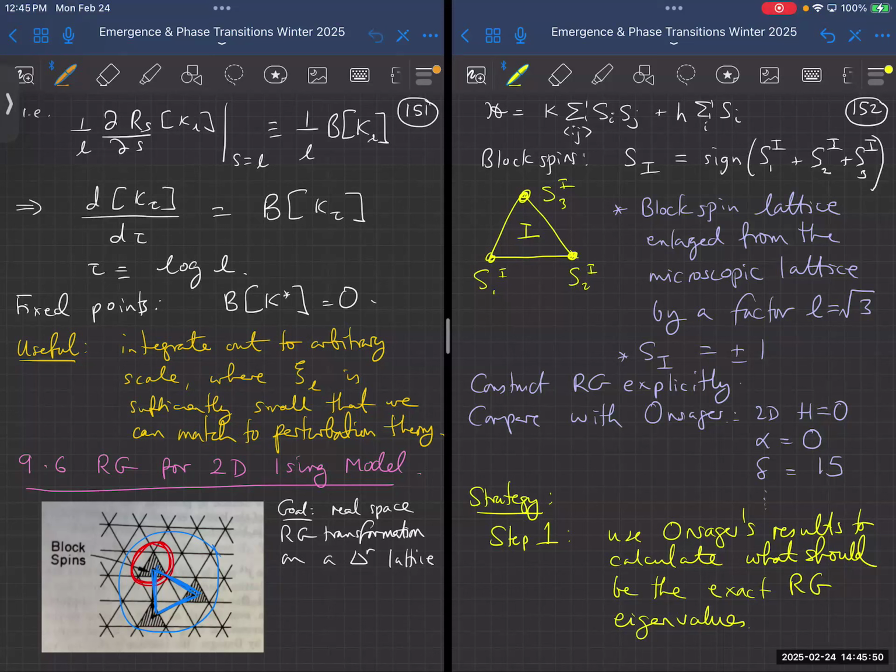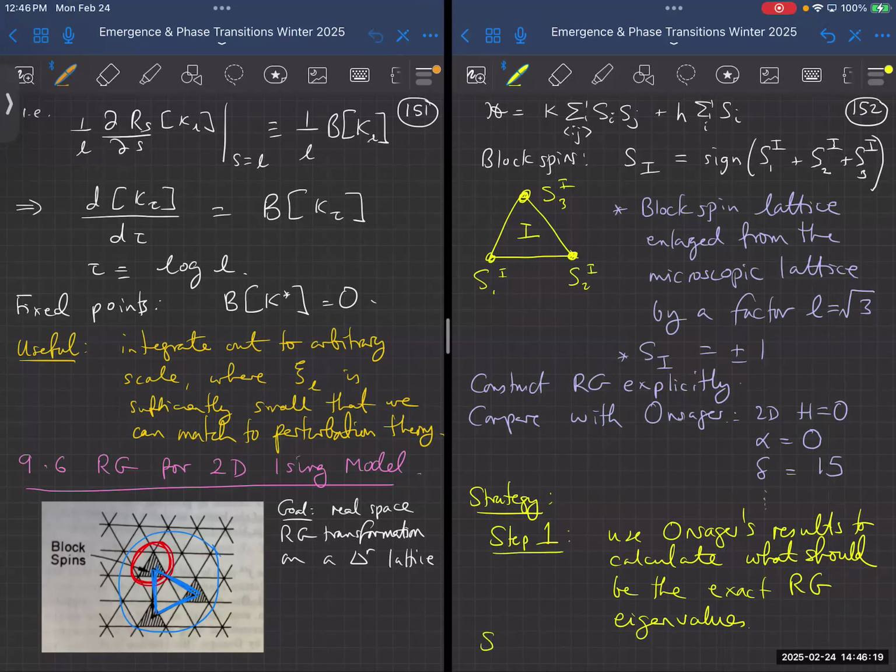The renormalization group will grind away, and we'll eventually be able to get the critical exponents, but we can meet in the middle. We can calculate from the renormalization group what are the renormalization group eigenvalues. We can go backwards from Onsager's solution and calculate what the RG eigenvalues should be, and that way we can easily compare them. And that's what we're going to do. So we're going to use Onsager for that, and then what we're going to do is that's going to be